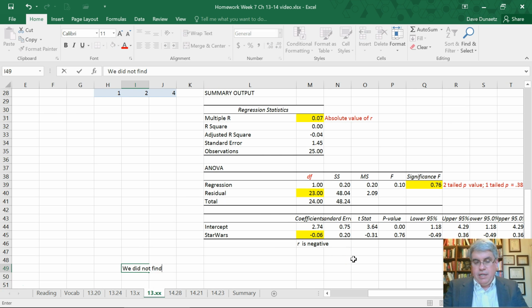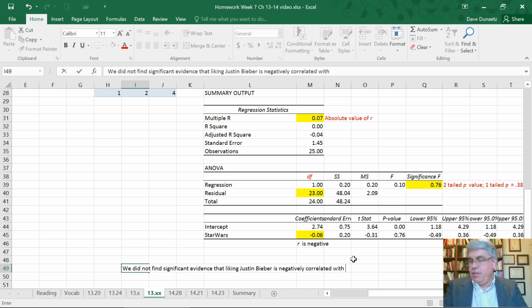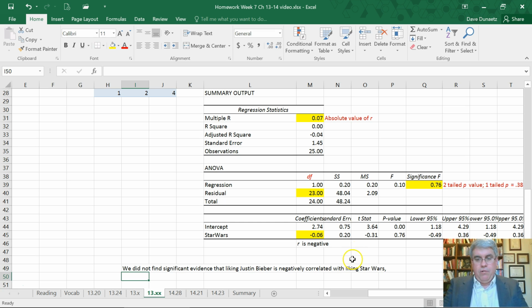we did not find significant evidence that liking Justin Bieber is negatively correlated with liking Star Wars. And then we have to report our statistics, so comma, or we could put this all in parentheses, but it's better to not have parentheses inside parentheses with these degrees of freedom. So Control I, R, Control I off, then open parentheses, and we've got degrees of freedom is 23,